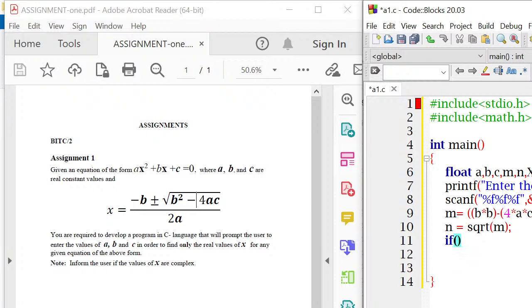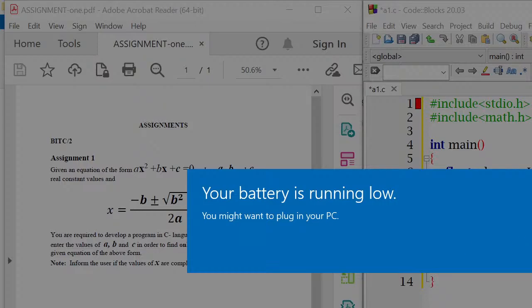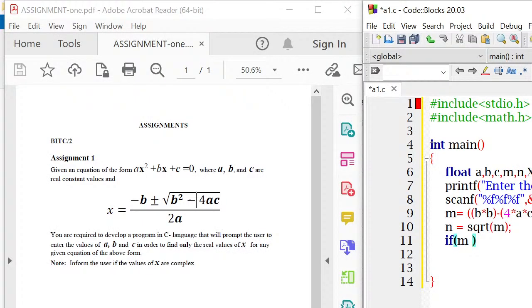Therefore, what is inside the square root is m. So we can say if m is negative, or like my charger, just 3 seconds. Definitely, we are going to get a complex value here. That means what we are going to print to the user is that the equation has complex roots. So that is what we are going to display to the user. Hope you guys are getting